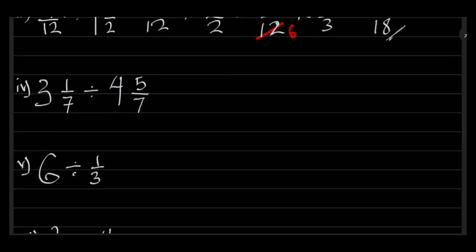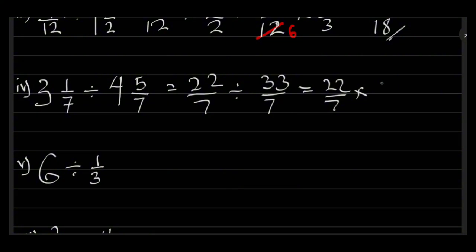Same process for what we have here. So first we have to find our mixed fractions. 7 times 3 is 21. 21 plus 1 would give us 22 on 7 divided by 4 times 7 would give us 28. 28 plus 5 would give us 33 all on 7. Now this is going to give us 22 over 7 times 7 on 33. 7 would cancel 7. 11 into 33 3 times, 11 into 22 2 times, and that will give us 2